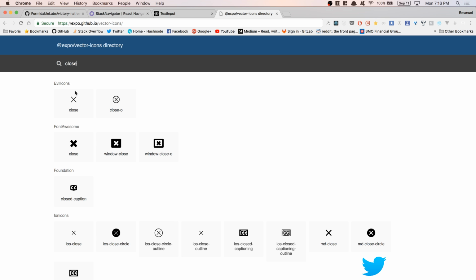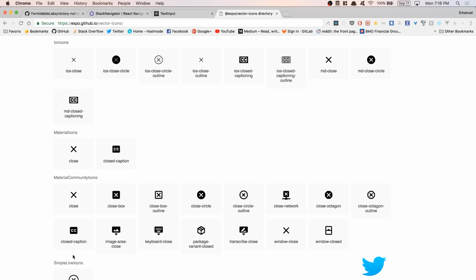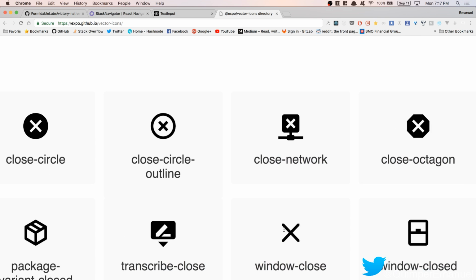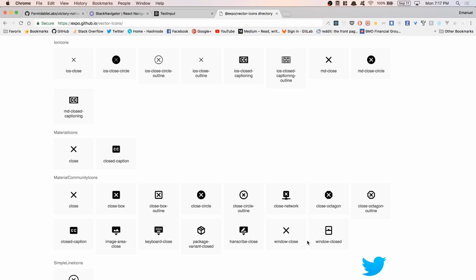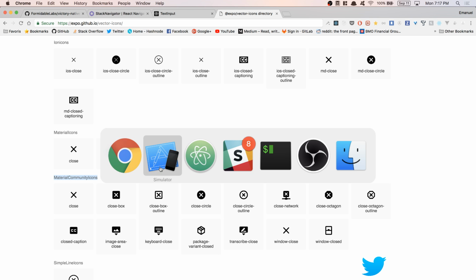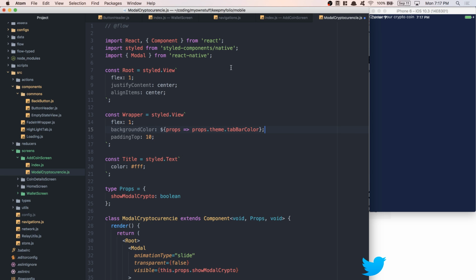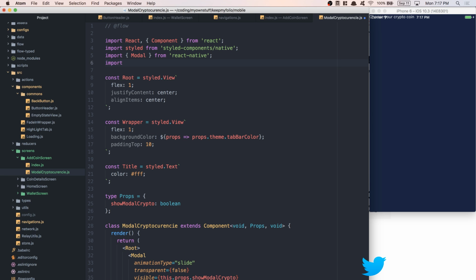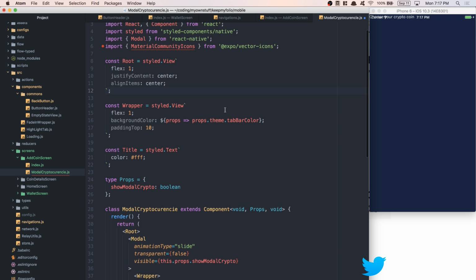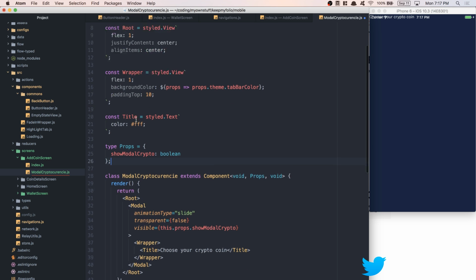This one here. This one will have this kind of stuff. So I'm going to go with the material icon here. What I'm going to do is I'm going to say